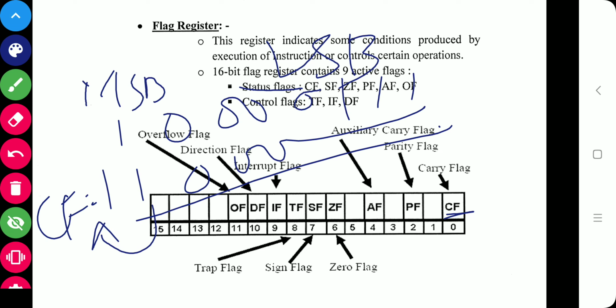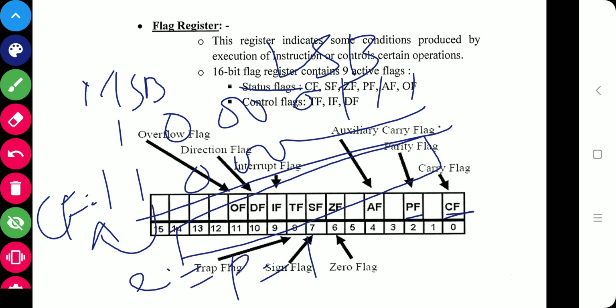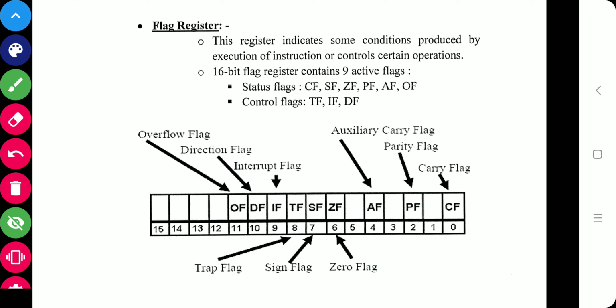Then the next flag is the parity flag, PF. In the result, if there are an even number of ones, then the parity flag is 1, and if there are an odd number of ones in the result, then the parity flag